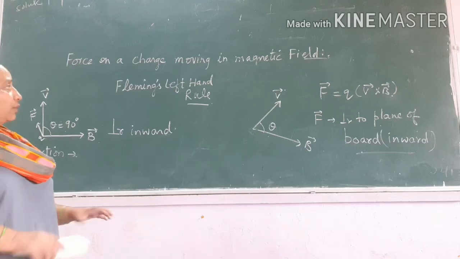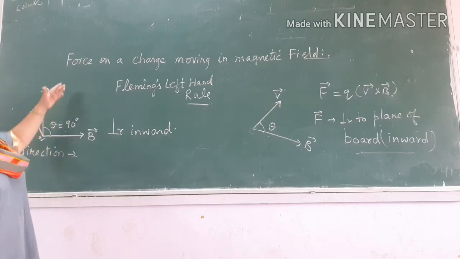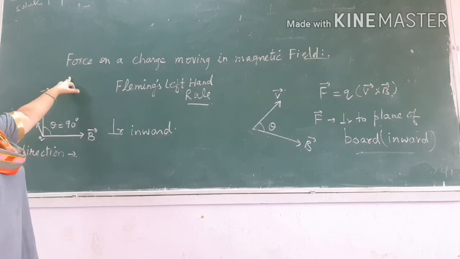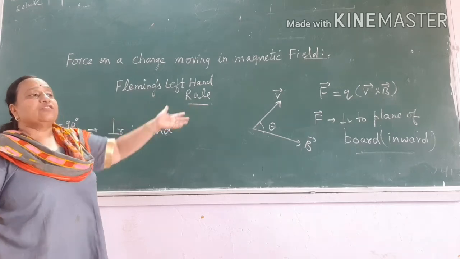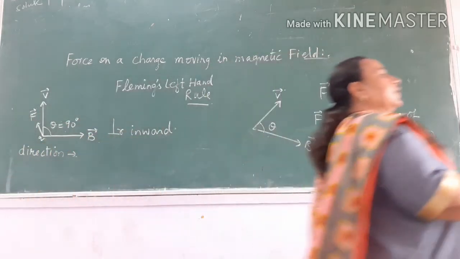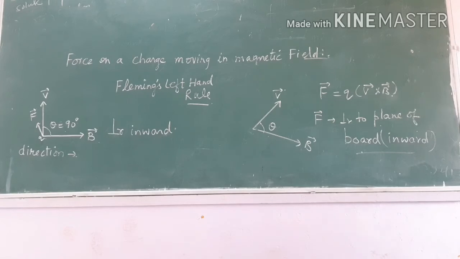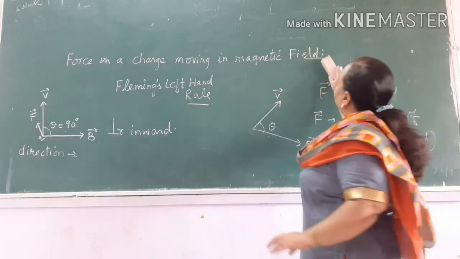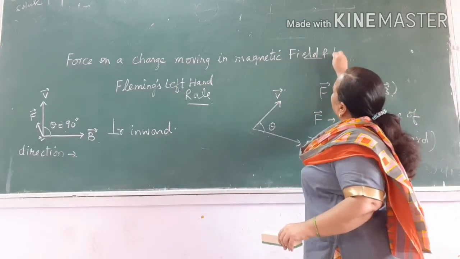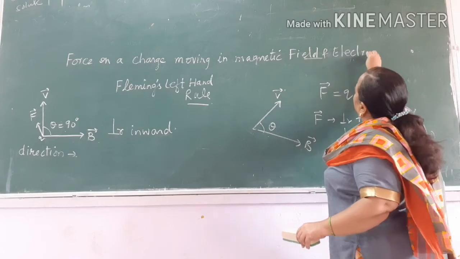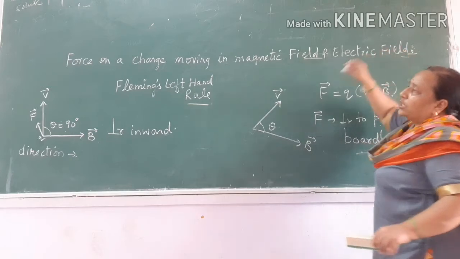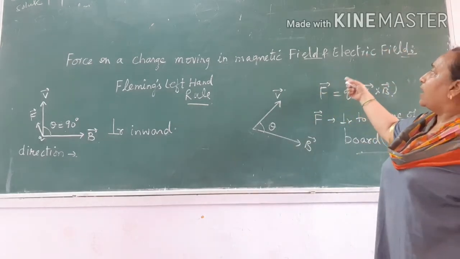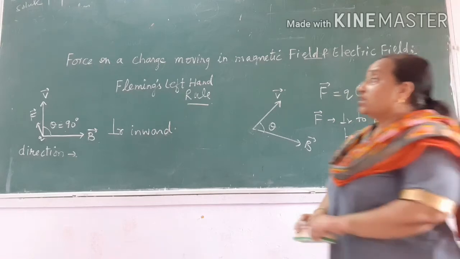Now, one more case can be applicable, to find out the force on a charge which is moving in a magnetic field as well as in the presence of an electric field. So in the next case, let us suppose there is an existence of magnetic field and electric field. Force on a charge moving in magnetic field and electric field. So this charged particle